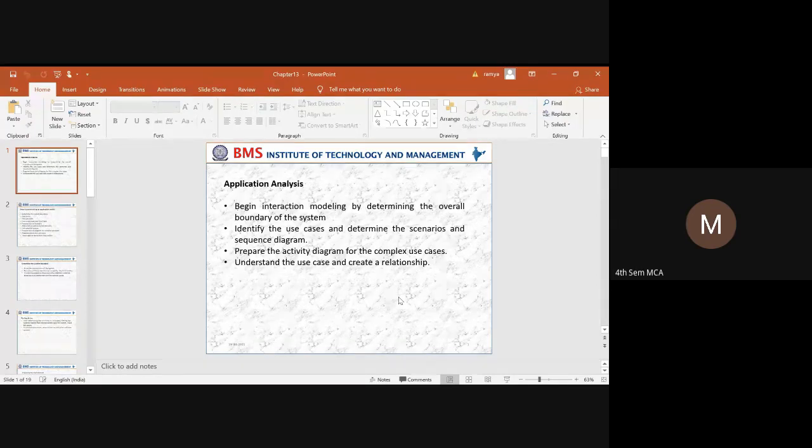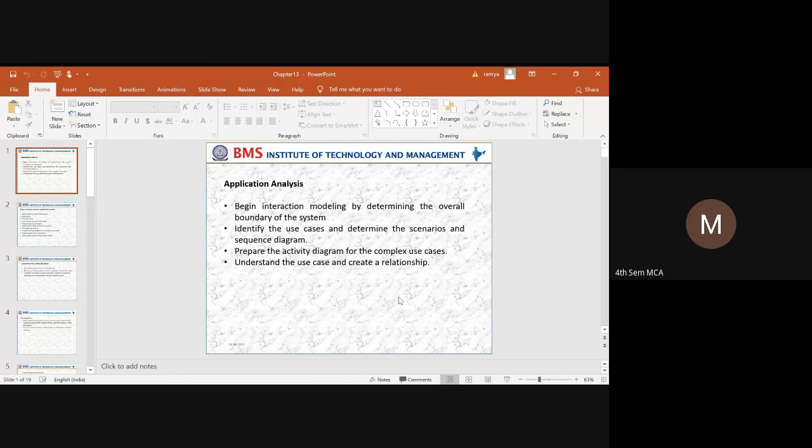When we are trying to develop a system, or when the problem statement has been identified, we need to identify the scope and the boundary of the system. That means we need to limit ourselves to what extent an application has to be built. Otherwise, what happens? If the application we are trying to develop is too broad, we cannot identify what functionalities to be implemented. So we need to confine the requirements. We need to narrow down the requirements. So once the system is being narrowed down, next we come to the application.